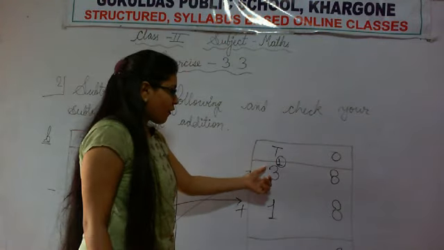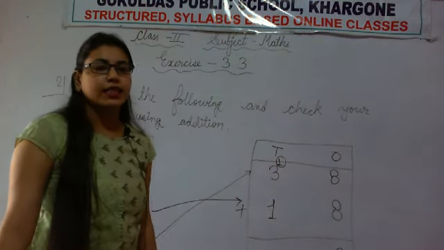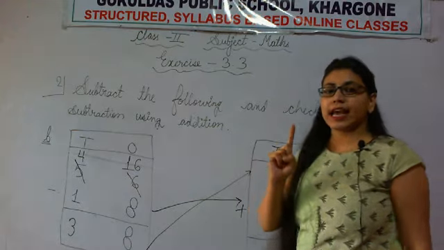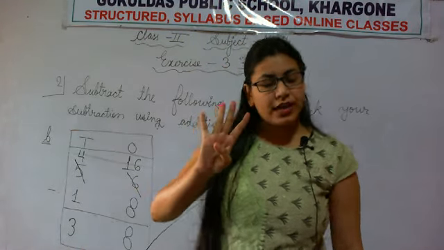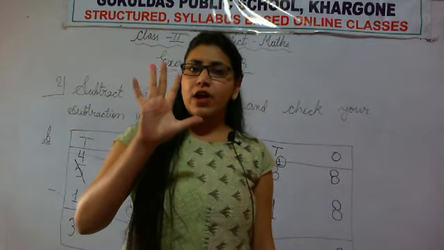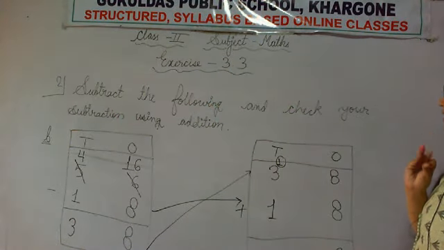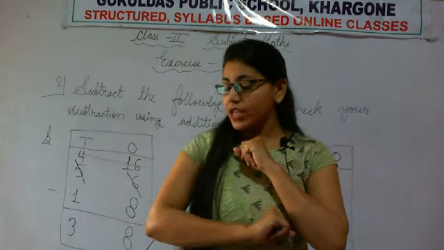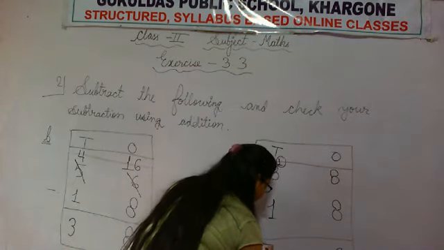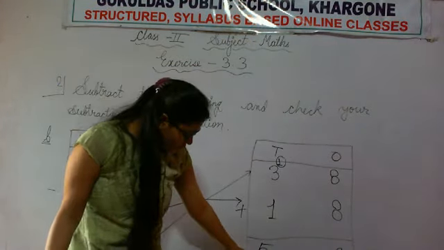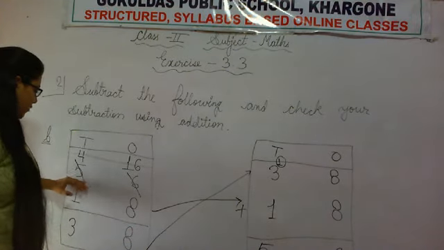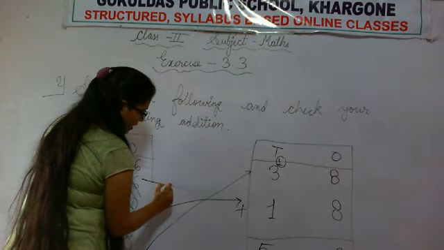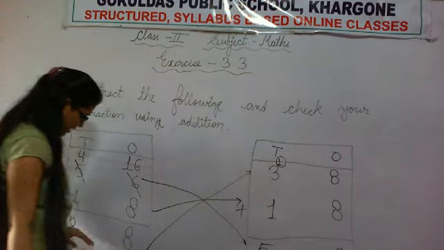Okay. So 1, 3 and 1. Now 3 terms are there. First of all 1 is there, so we'll open 1 finger. Now 3 is there, so we'll open 1, 2 and 3 more fingers. Now 1 is there, so we'll open 1 more finger. Now let's count how many fingers in all: 1, 2, 3, 4, 5. 5 fingers. So we will write the number 5. Let's see whether our total and the minuend are the same or not. 56, 56. Yes, minuend and total are both the same. It means we had done it correctly.